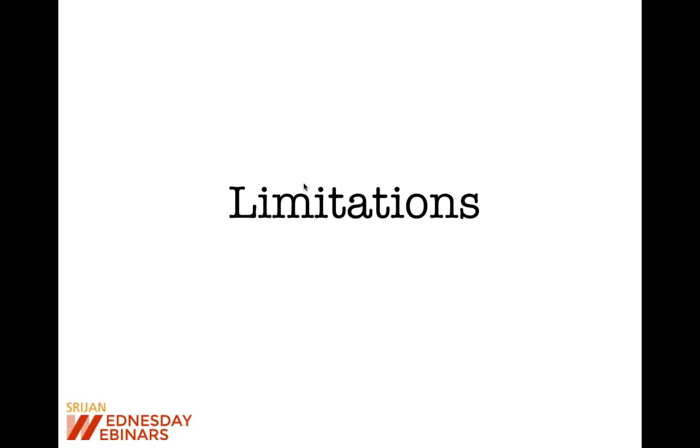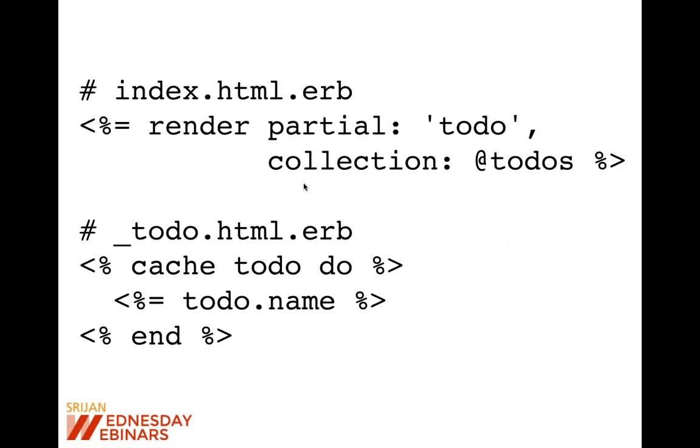The other good thing that has been added in Rails 5 is partial caching. We have code like this in our apps in a lot of places. Like we have a todo partial, and we have a collection of objects which we want to render. So we pass that collection, and then in our partial we have a cache todo do/end block. In previous versions of Rails, for every object in that collection, Rails used to do a single fetch for fetching the cache. So even if Rails could fetch 10 caches at a time, it used to do them individually.